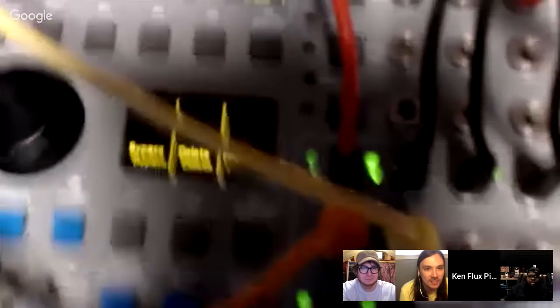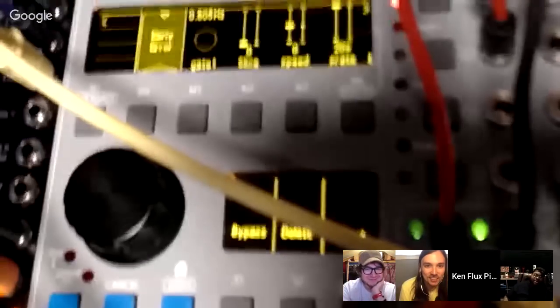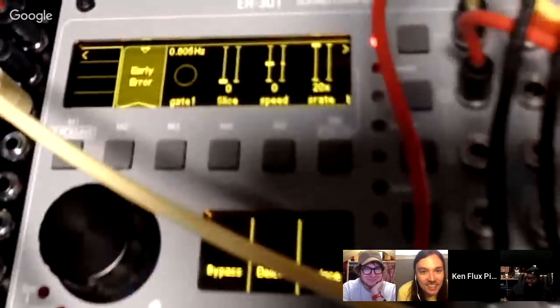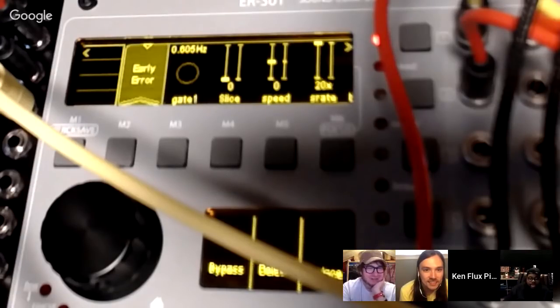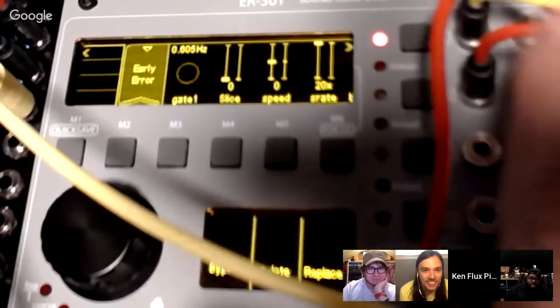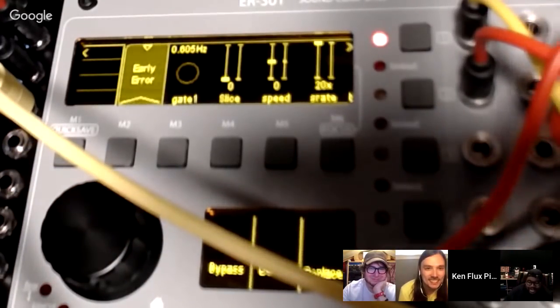Because I think at this point we know what the interface is. How dare you? It's like at this point. But let me see what the good stuff is. What's under the hood there, Ken? Can you see that okay? Is that fairly decent? Yes, perfect. Thanks. Just move that yellow cable, though. We can't see something. The cable's a little bit in the way there. But you're going to have to deal with that. It's a modular. This is modular life right here.